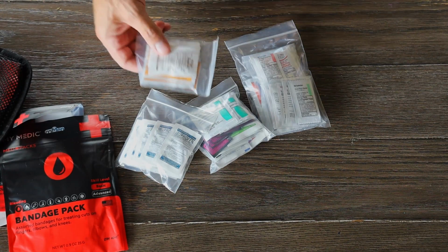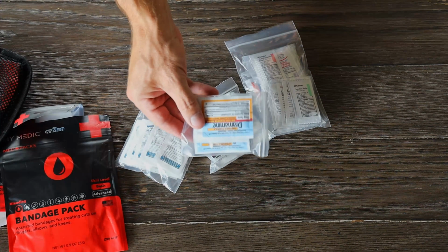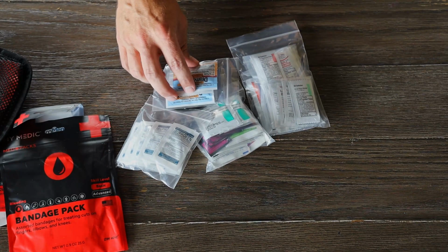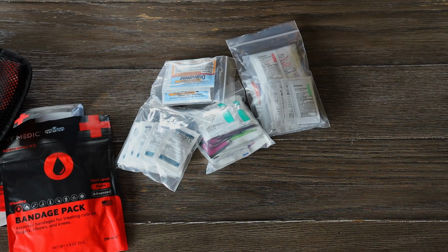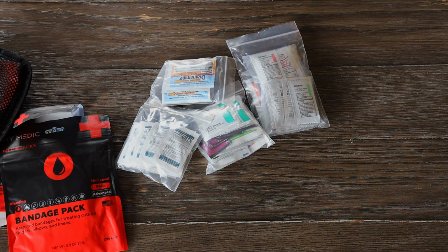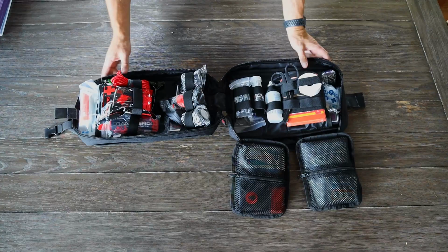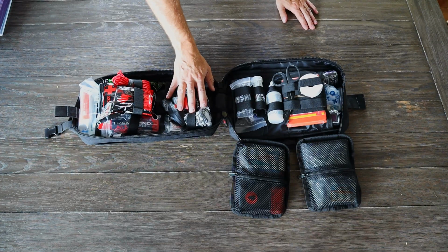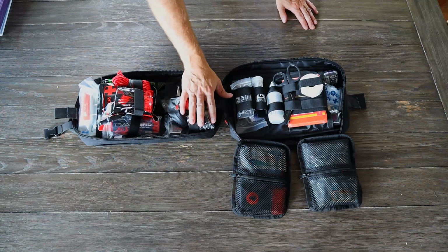In here we've got some more with some aspirin, some Dramamine. Again, just a lot of the small medications that might come in handy to help treat minor injuries or issues that you might have, like dehydration, allergic reactions, things like that. Alright, that is the MyMedic FAK Large kit, and this is the advanced, I believe it's also known now as